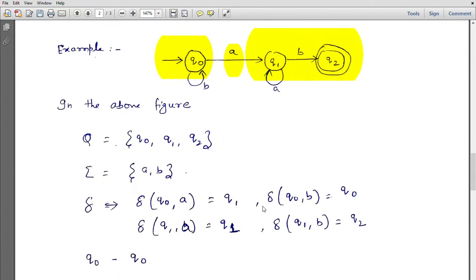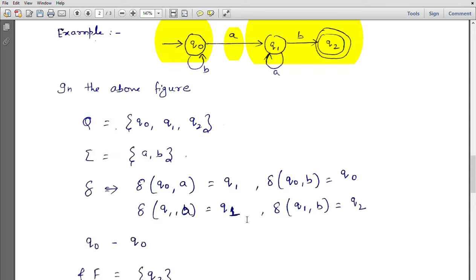We can see here all the five tuples are written here. Capital Q, as I have already said, this is Q0, Q1 and Q2. These three are the different states. This is the finite set of states. Small a and small b are the two input alphabet we have already seen here, and the transition function, which